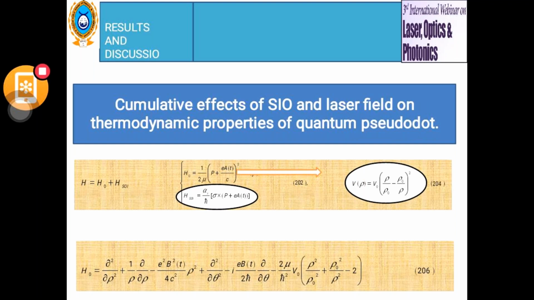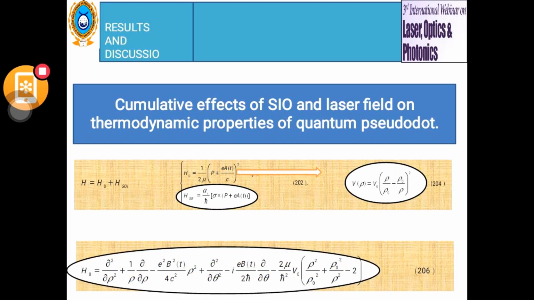Using this potential given in equation 204, which helps us to move from quantum dot to quantum pseudodot, because the difference between quantum dot and quantum pseudodot is just the potential used. If we use a harmonic potential, you are going to have a quantum harmonic pseudodot. Using now those two Hamiltonians, we work in cylindrical coordinates in order to follow the